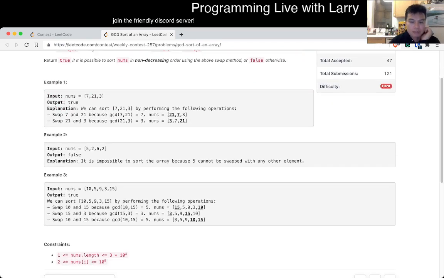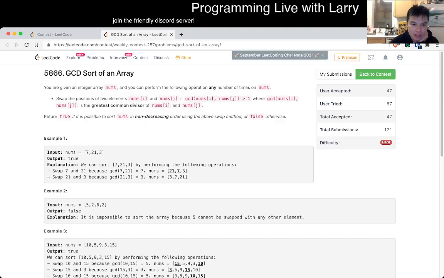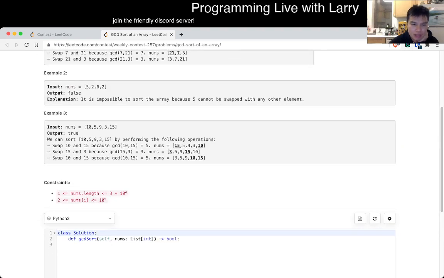So yeah. How do we figure out? I think it's going to be some sort of union find, but how do we figure it out? If they have a common denominator, or common divisor, then that's good. That means that we can swap them. This is 10 to the 5th, so common divisors are not that big, but that means that for every number we can group. Okay, so we just factorize every number and then we group all of them. And if we are able to group all of them,